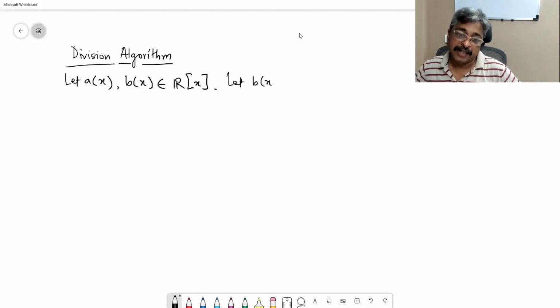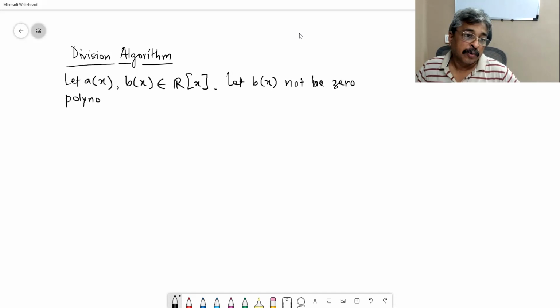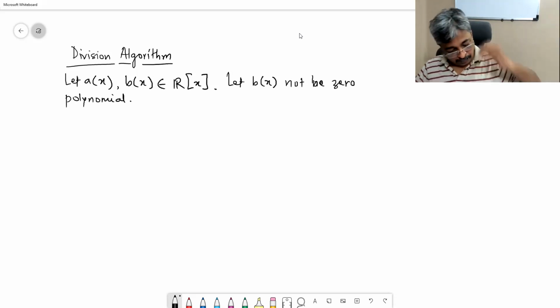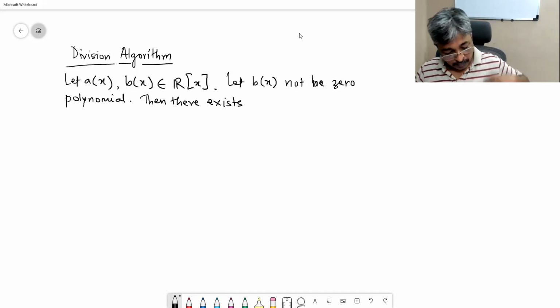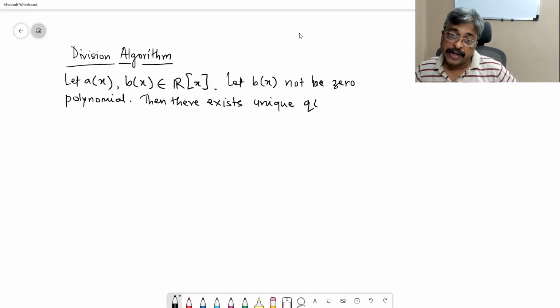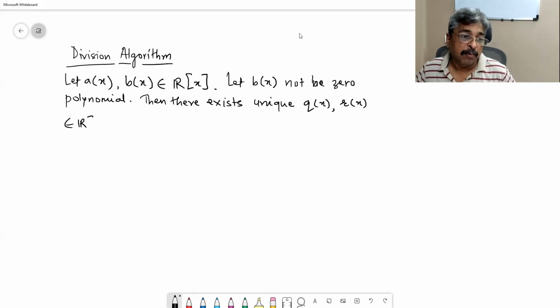Let b of x not be the zero polynomial. Then there exists a unique q of x, r of x belonging to real polynomials over real such that